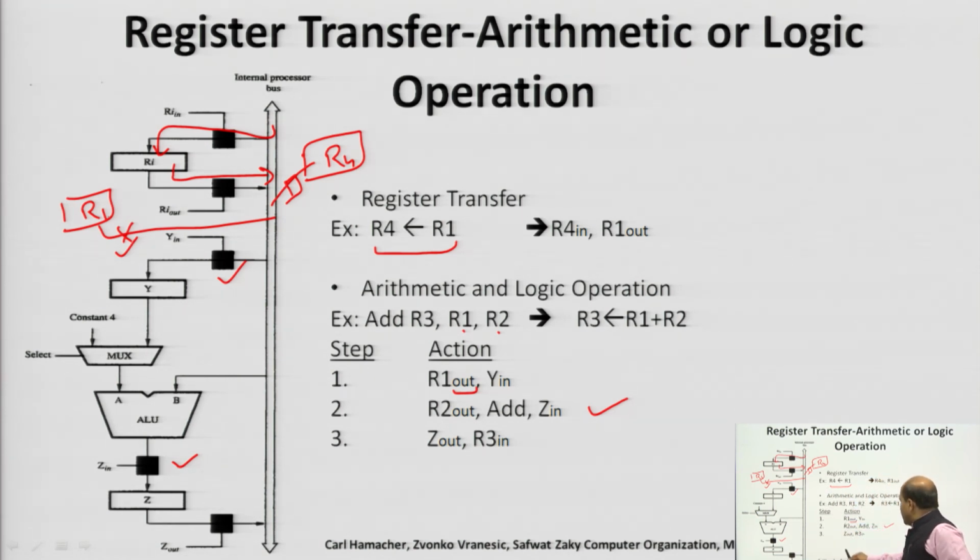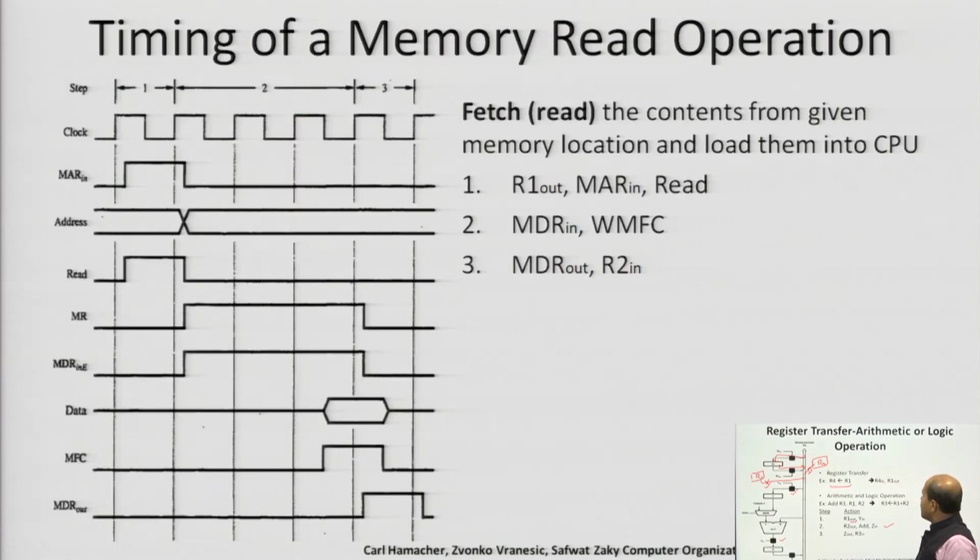This way we can perform the addition operation between two registers and transfer the data to the R3 register. Here we need to understand the role of these input and output gates. These gates are basically used to provide a connection or path between two components. Once the gate is open, there will be a path, and if the gate is closed, there will be no connection. So, we need to understand in and out gate operation in this architecture.